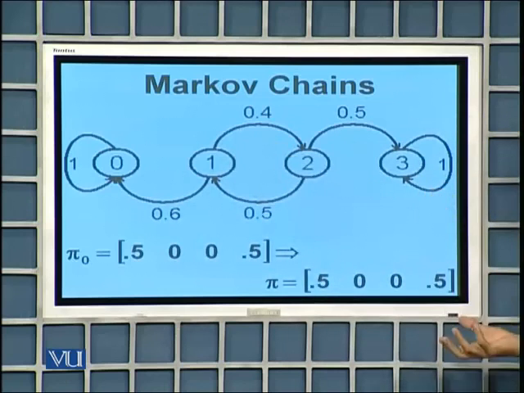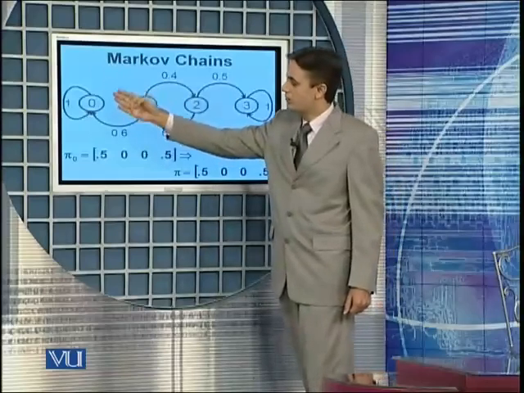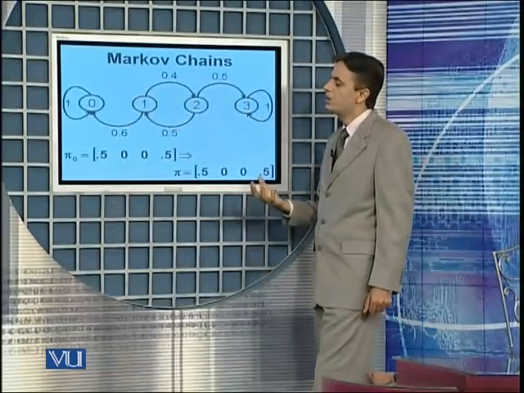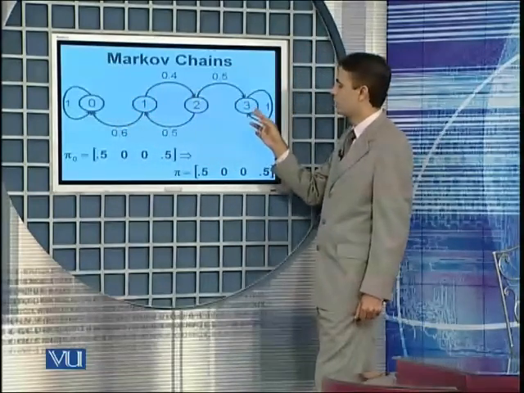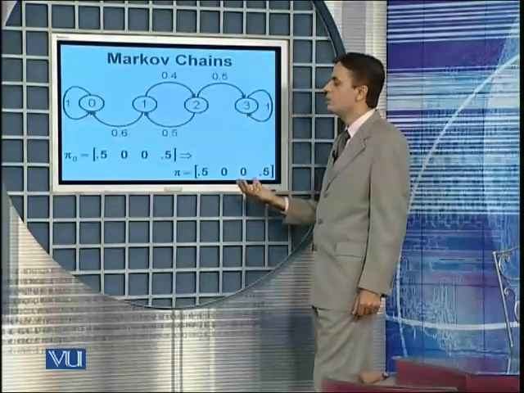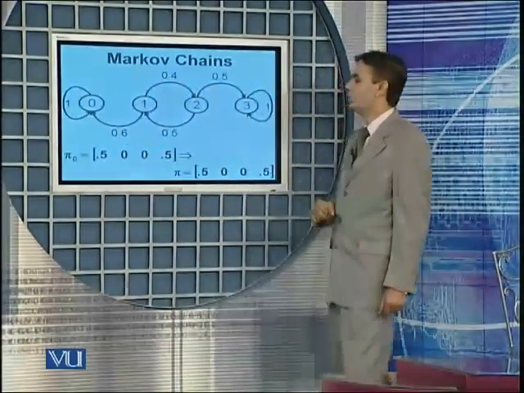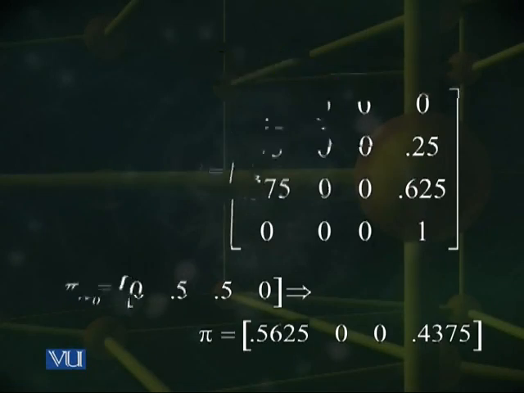This is also applicable for other starting probability distributions where only positive numbers are for state 0 and state 3. For example, if we start with an initial probability distribution of 0.1, 0, 0, 0.9, we will have the stationary probability distribution of 0.1, 0, 0, 0.9. Let's see what happens if we start in these transient states with some probability between 0 and 1.